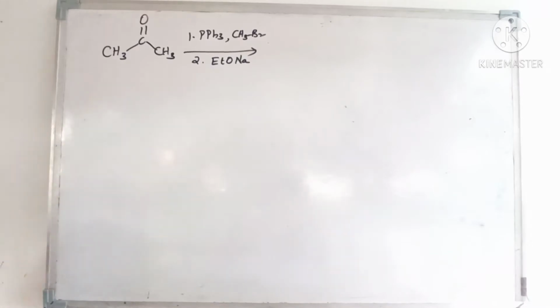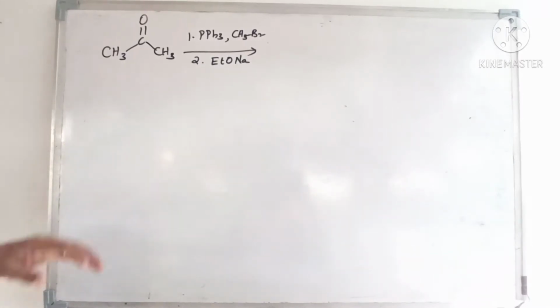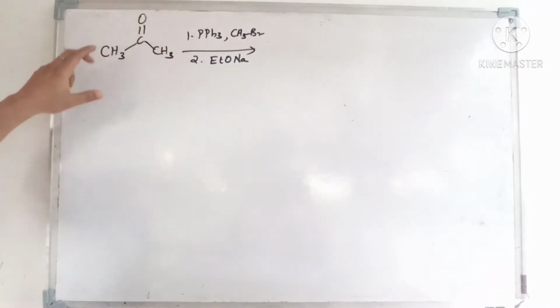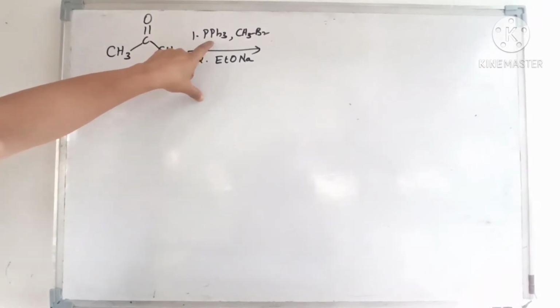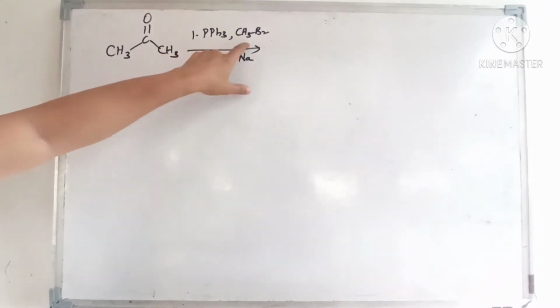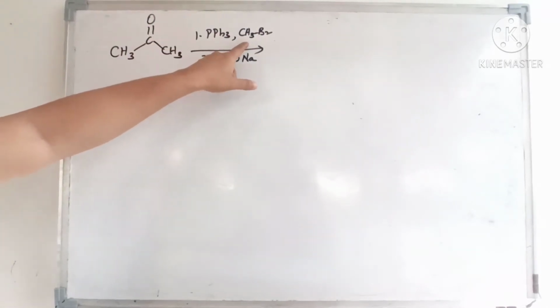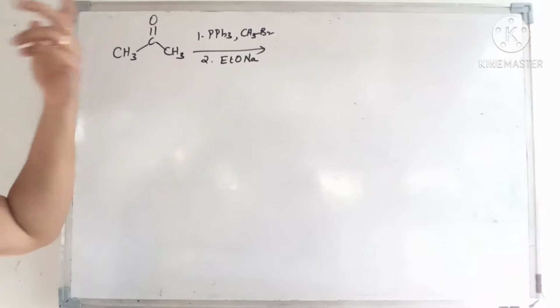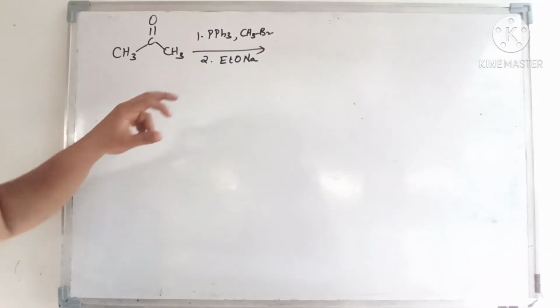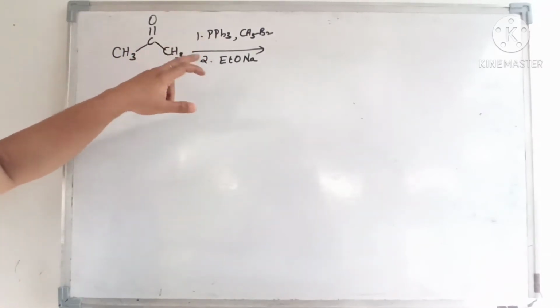Let us see how this reaction, the Wittig reaction, happens. If you are seeing the question, you have to understand the ketone. Here, phosphine and methyl bromide means phosphorus ylide. Dimethyl sulfide plus methyl bromide means sulfur ylide. So accordingly you have to understand what the reaction would be. First, what we have to do is generate the ylide.